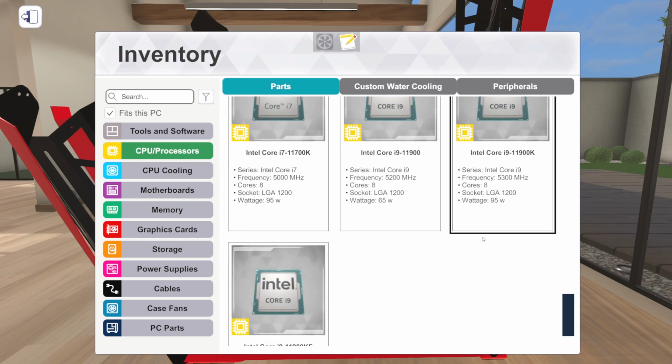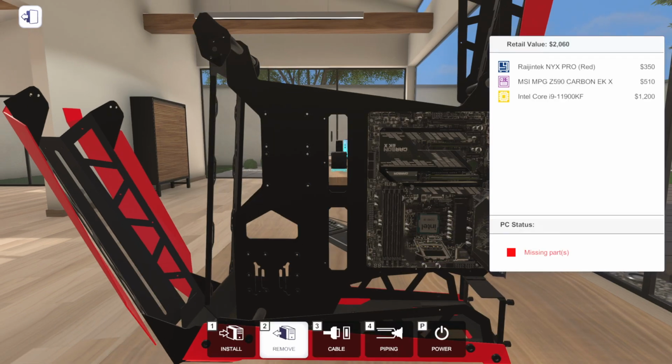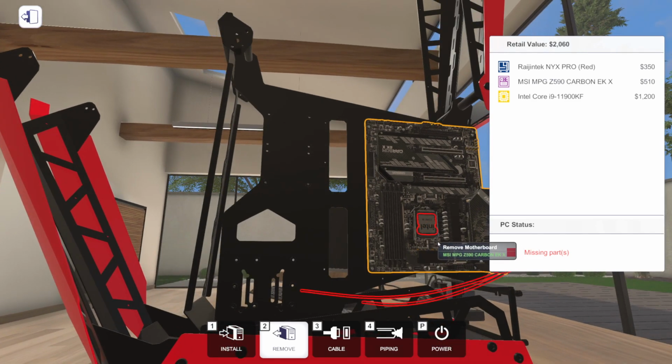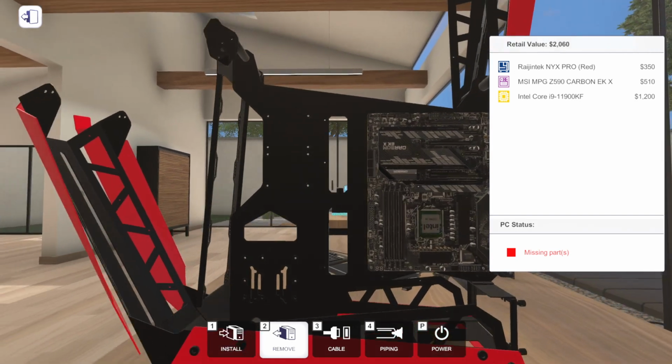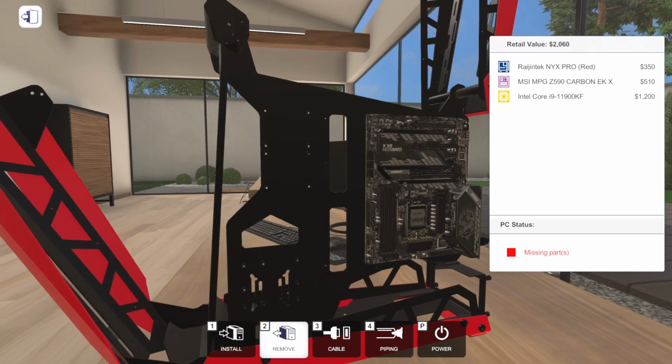AMD cannot say the same for their CPUs, but the 11900KF does not have integrated graphics, and because of that, does potentially have a little more overclocking headroom. So anyway, we're going with the 11900KF because it really should be the best overclocker, and we still need a GPU in the game. And I'm curious if this separation between K and KF and integrated graphics and lack of